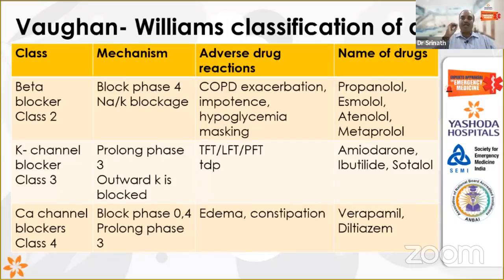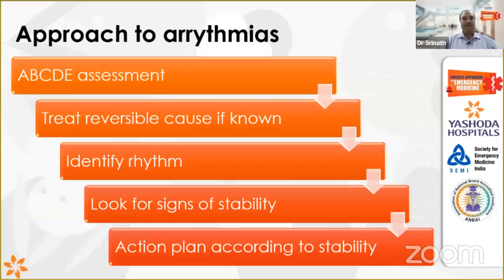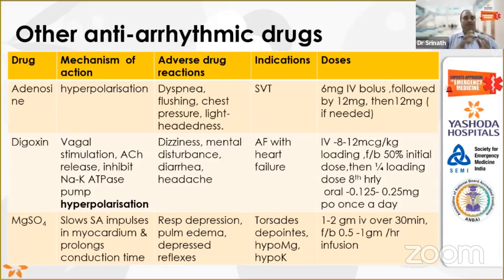Now, what are the other antiarrhythmic agents which you commonly use? The other antiarrhythmic agents you and I, left and right, use in the supraventricular tachycardia. What is the drug? Adenosine. We all know what is the first dose. It is 6 mg followed by 12 mg, and again it can be followed by 12 mg. If there is no response to this, then you can go with your calcium channel blocker, that is your diltiazem